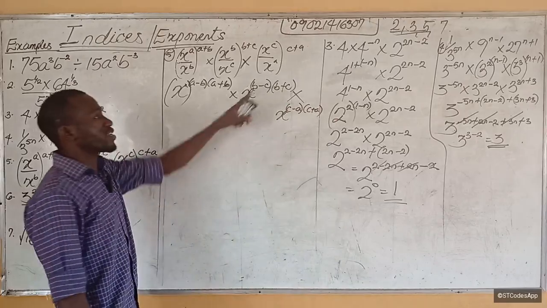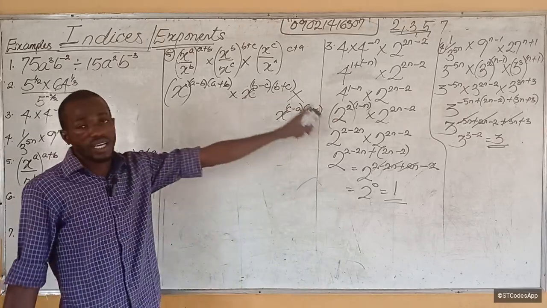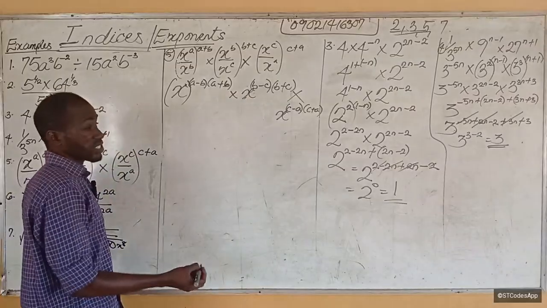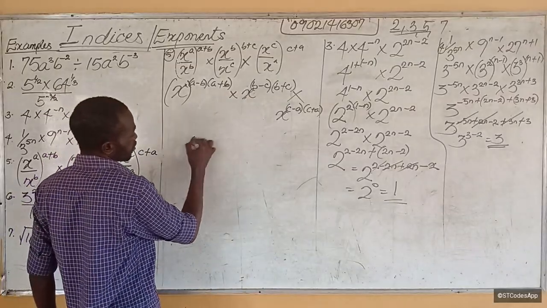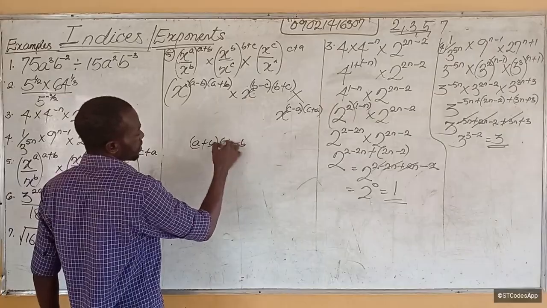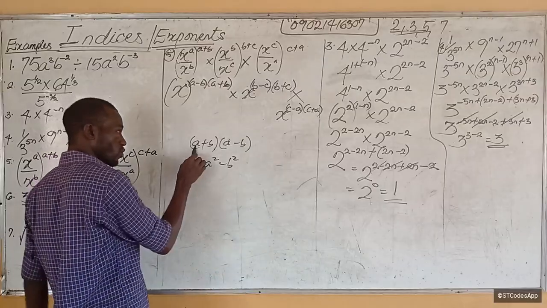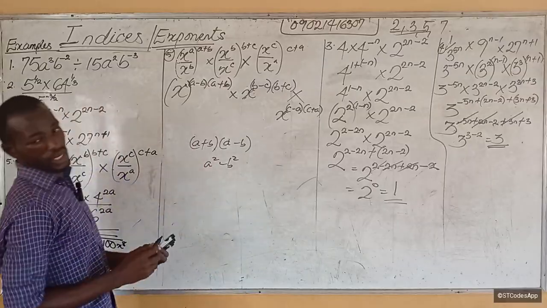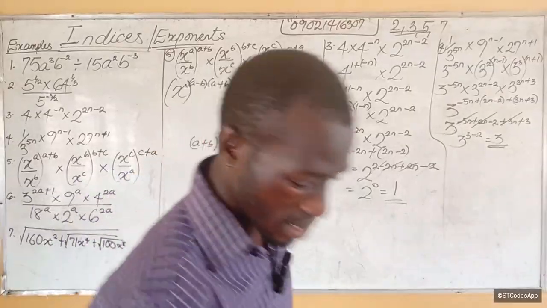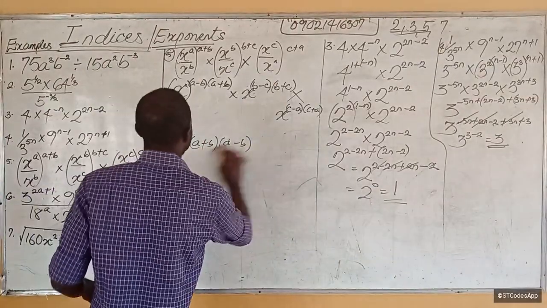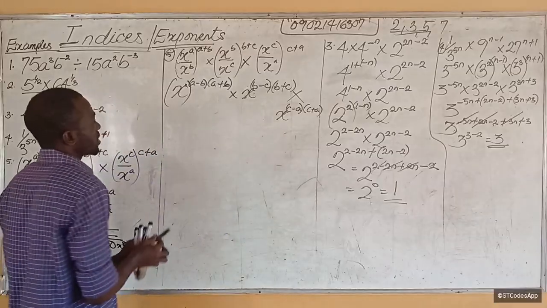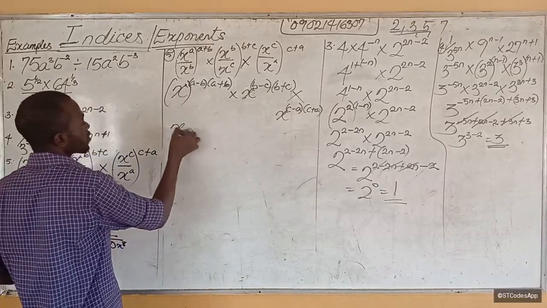So we have difference of two squares, the expression that gives us difference of two squares. What's the difference of two squares? If I have a plus b multiplied by a minus b, it is the same as a squared minus b squared. Just know that you take the first one squared minus the second one squared whenever you have an expression like this. Is that clear? Good. So let's do that here. So this becomes x to the power